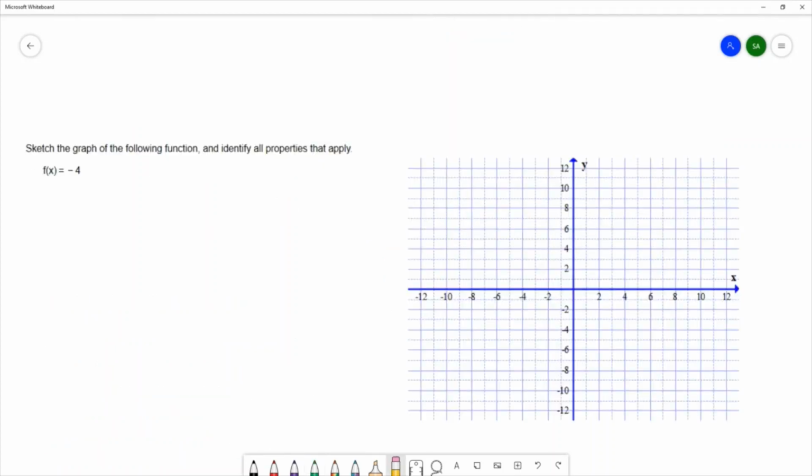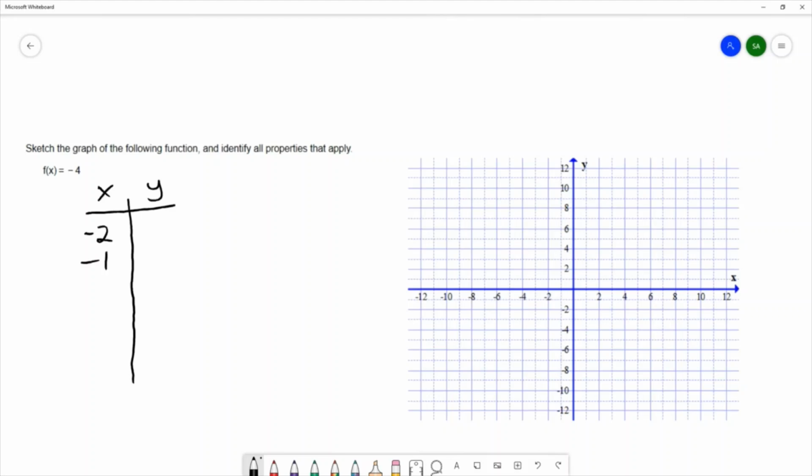In this problem, we want to sketch the graph of the following function and identify all the properties that apply. So let's start by sketching the graph. In this function, we have f of x equals negative 4. And if I were to build a chart for this and choose my standard set of x's like negative 2,